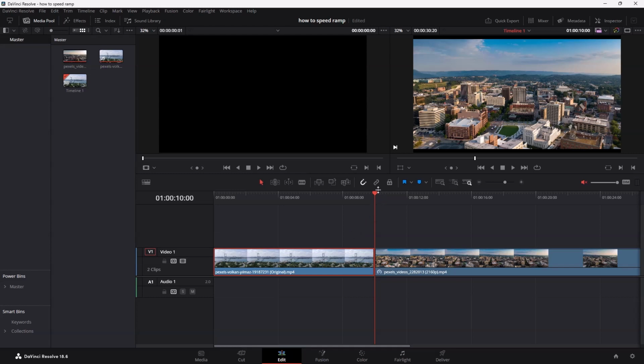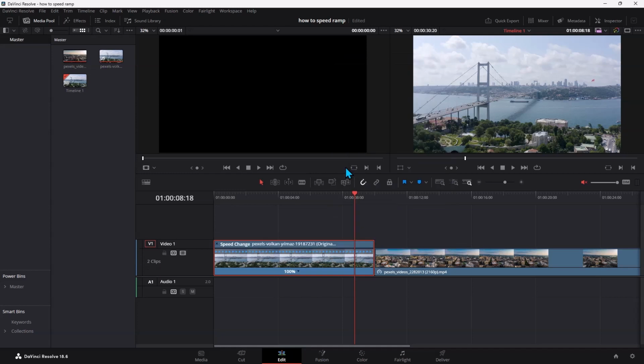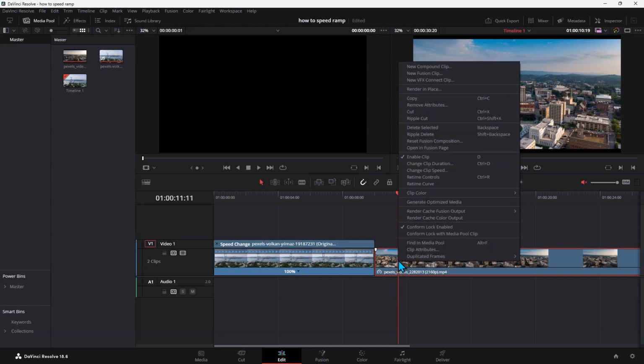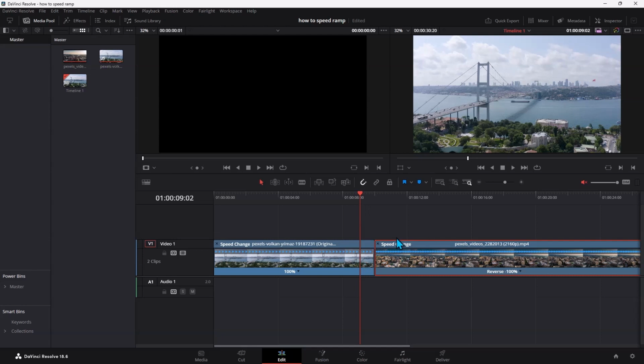And also, by seeing what way it's going, if you right click and go to retime controls and press on it, it will look a lot like this. I'm going to do it on both. So now you can see what it is. And you can see that this one, because I've reversed it, looks like this,